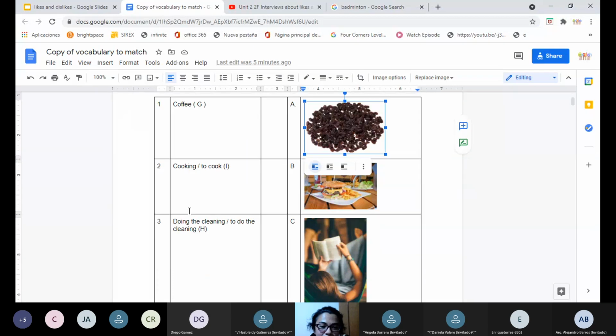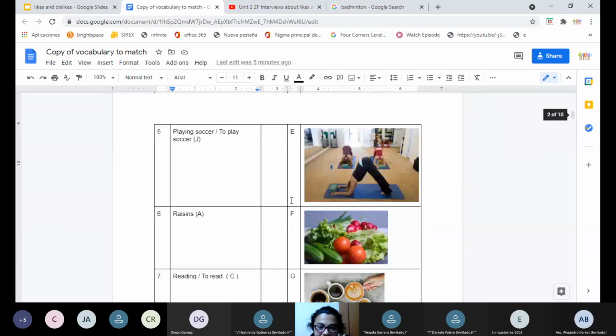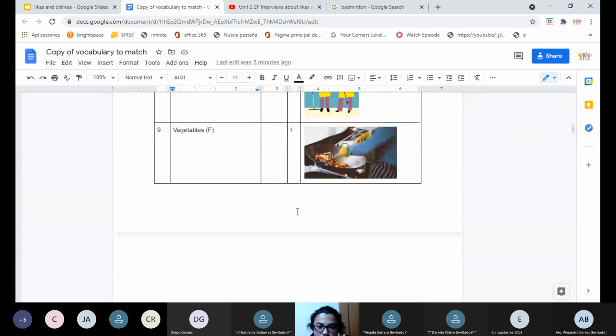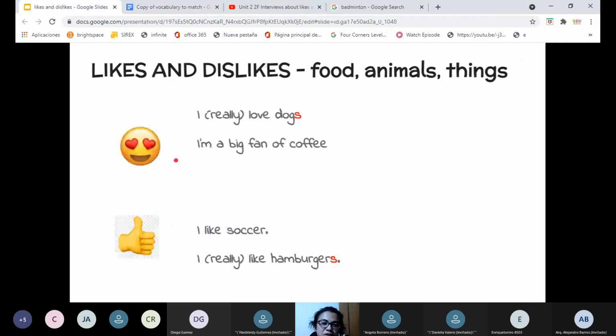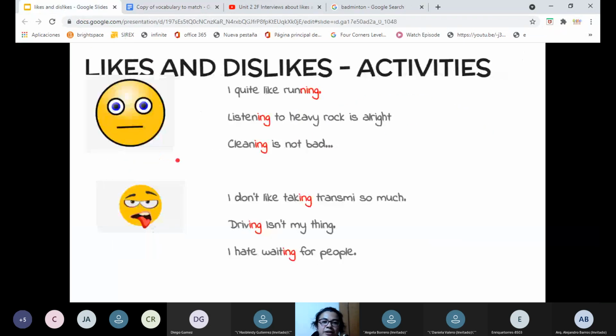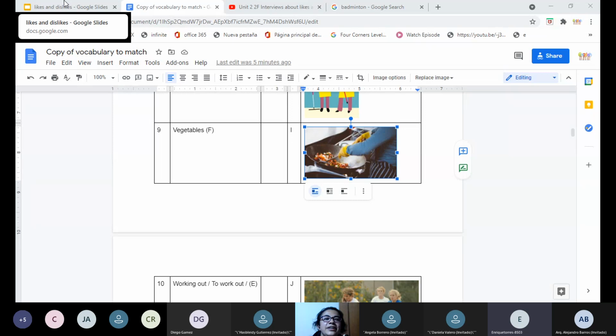Okay, guys, here we have another one: cook. To cook. I guess most of you know what that means. So I would like to hear from you. What's your opinion about cooking? Is that something you like, or definitely you don't like it at all? I really like you cook. I really like, sorry,